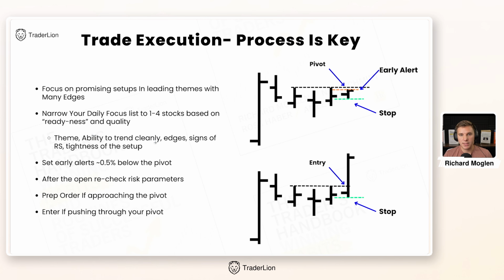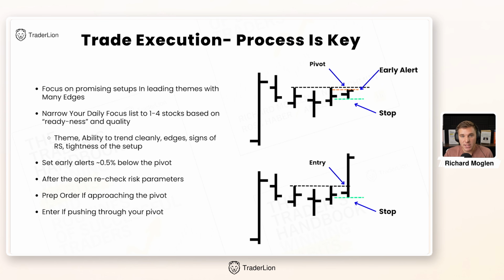I put out a tweet, I think yesterday actually, when choosing between 2 bases and they look similar, maybe in the same theme, I look to the left on the chart and look at a prior trending period. And if it's able to trend beautifully above the 21 EMA, linearly, not much wiggle and jiggle up and above and below the moving average, I'll prioritize that setup versus the other one that maybe didn't have quite as clean a prior trend, because that stock has already shown the character, the ability to trend nicely